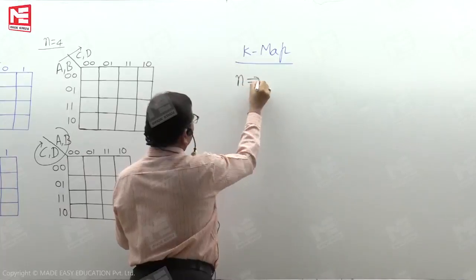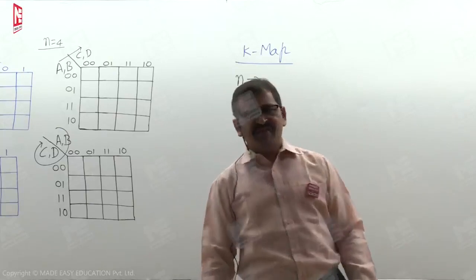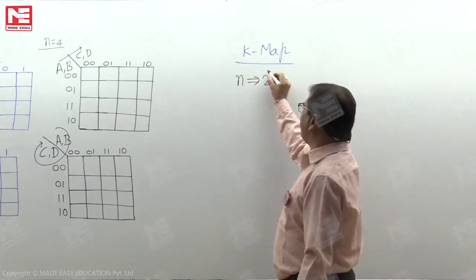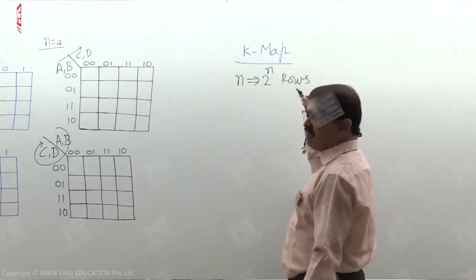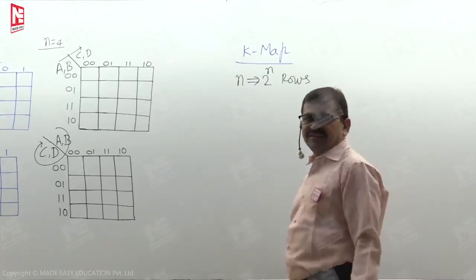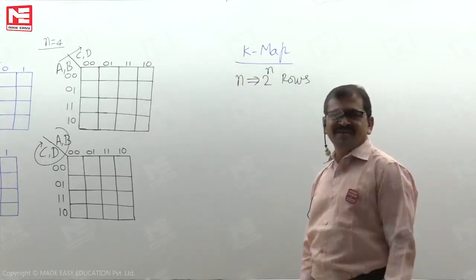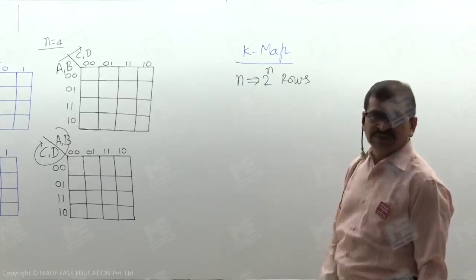Whenever we develop the truth table for that function, we have 2 to the power of n rows, or 2 to the power of n combinations. The statement I mentioned is that the K-map is the alternative way of writing a truth table. Based on this statement,